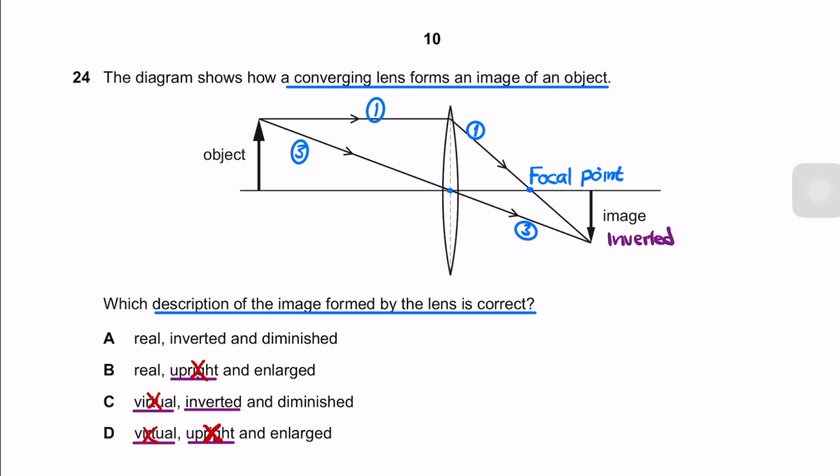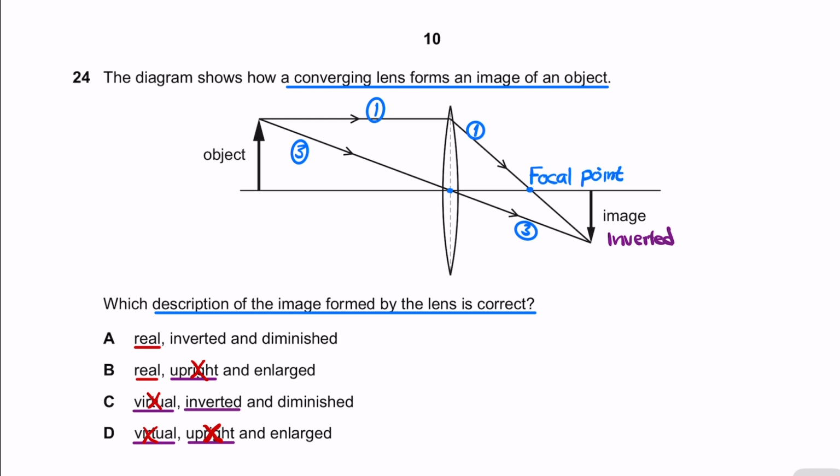We say it is a real image. Why is it a real image? Because you can see the rays are intersecting after they pass through the lens over here. Remember the statement for real and virtual images? A real image can be formed on a screen, a virtual image cannot. So this position can be considered as the screen where the image is formed. This is not a virtual image, so option C is also eliminated. You're already getting your answer. You're deciding between A and C, although it is A already, as it is evident here.